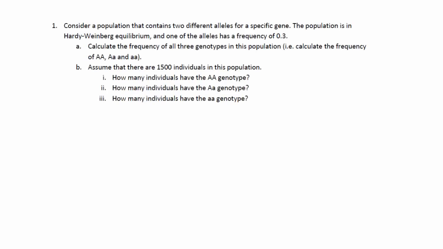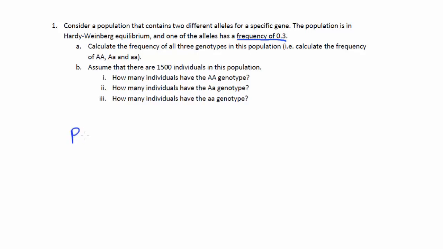Consider a population that contains two different alleles for a specific gene. The population is in Hardy-Weinberg equilibrium, and one of the alleles has a frequency of 0.3. So the first question asks us to calculate the frequency of all three genotypes in this population. So in other words, we need to calculate the frequency of the big A, the heterozygous one, and then little a. Okay, so the information that we're given really is just that we have a frequency of 0.3 for one